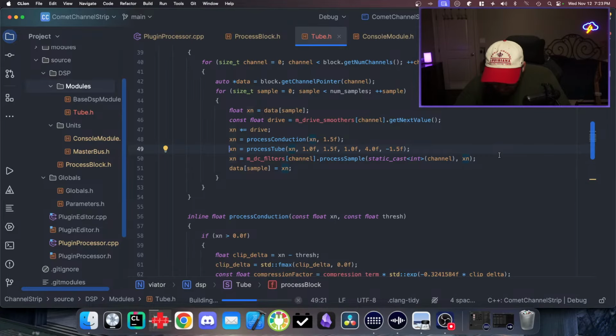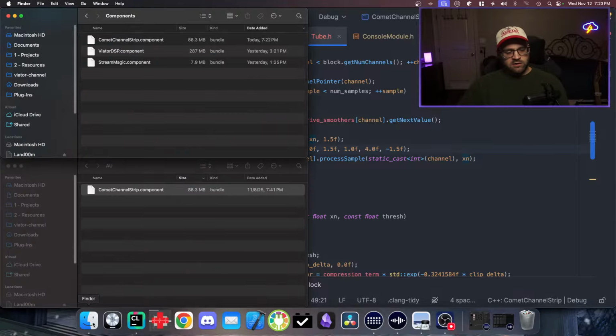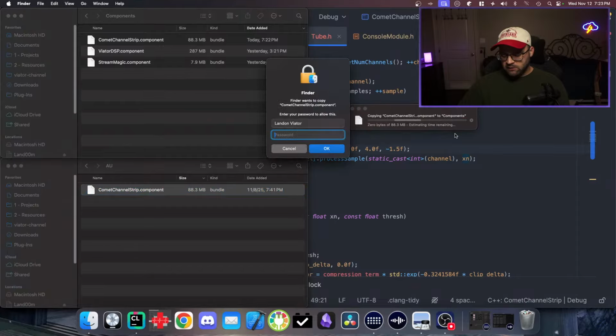In CMake and the Projucer, you can set the build to copy the plugin to the path. Oh, no, I don't do that. There was a reason, and I forgot. I think it wasn't showing up, and for some reason, even though it was going to the right place, I couldn't actually choose it in Plugin Doctor or Logic or whatever. It might have just been something wrong with my path, but